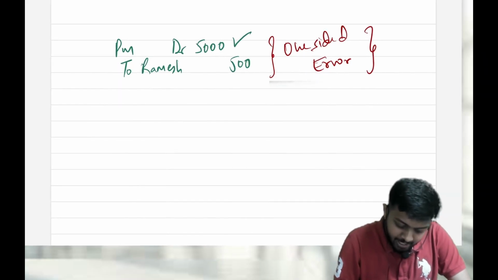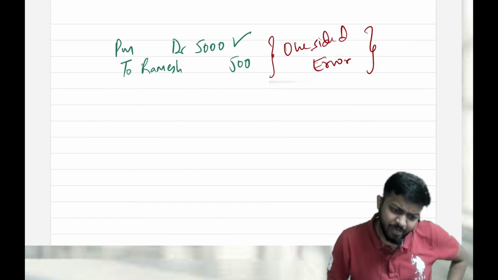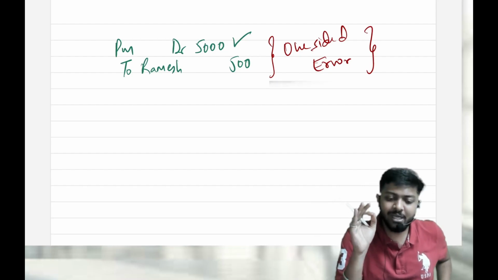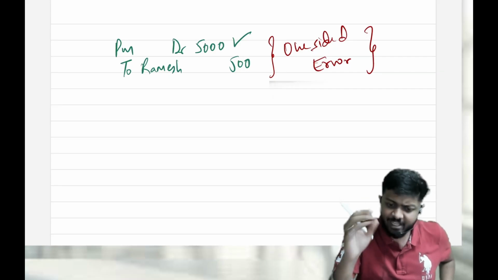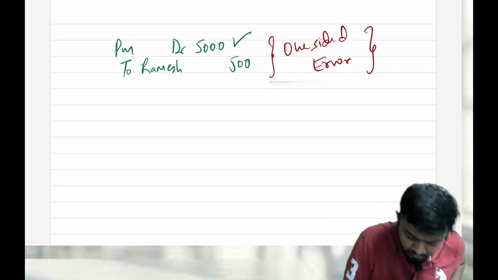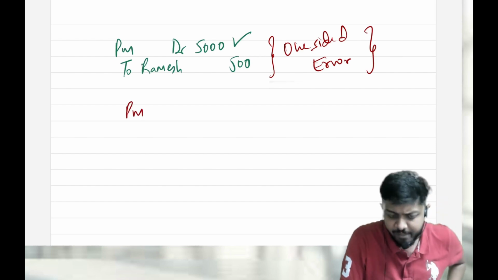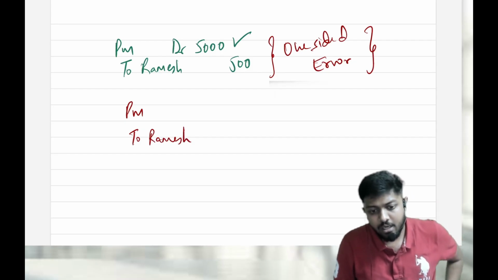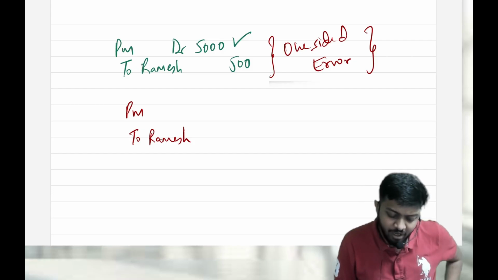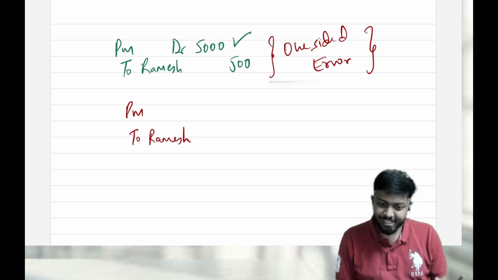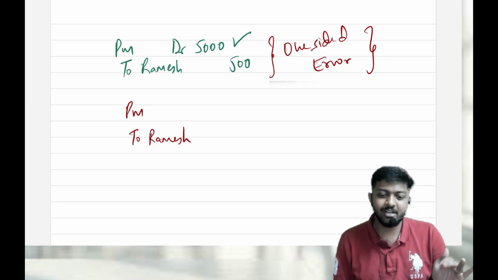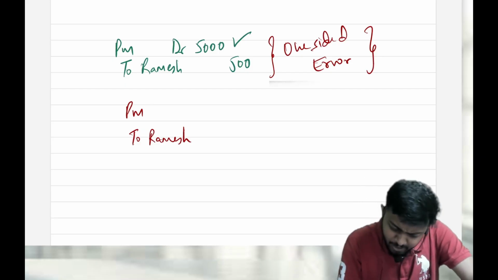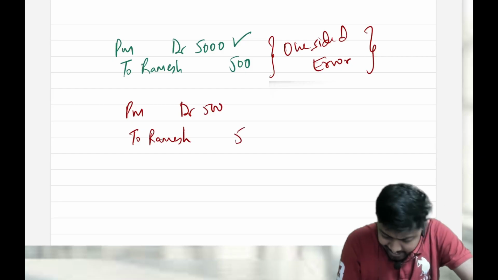Now, suppose there was one more transaction with respect to Ramesh only. I have purchased from Ramesh again, for 5,000 only. Same entry, Purchase to Ramesh. I have purchased for 5,000 a second time also, from him only. Here what happened? Again you have purchased for 5,000, but here you debited 500 and credited 5,000.